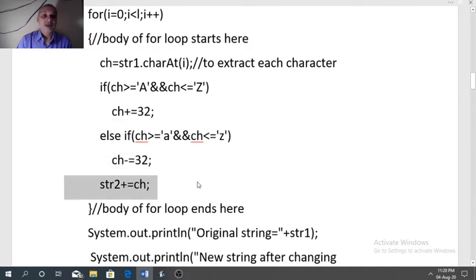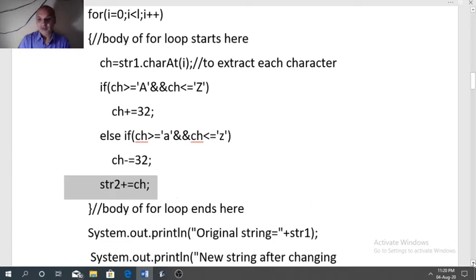But this line will execute every time, whether the character is uppercase or lowercase or any other character. So in case the character is not a letter, that character will get added as it is. So when a digit is found or a space is found, that will get added.